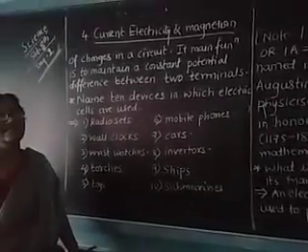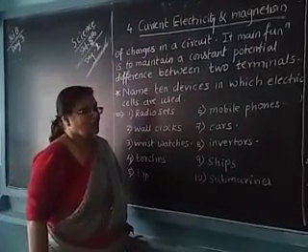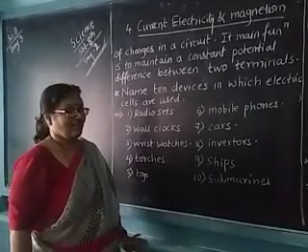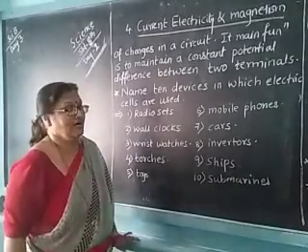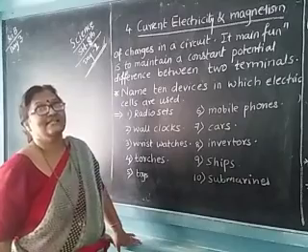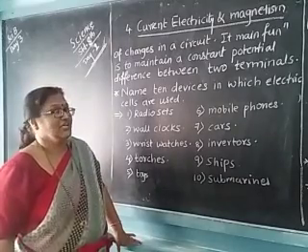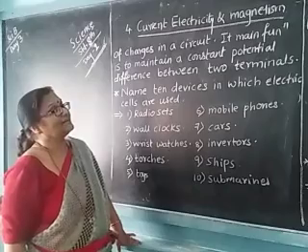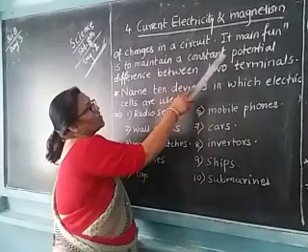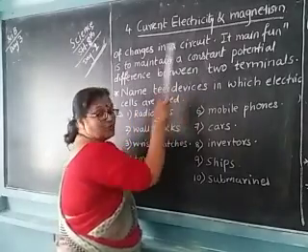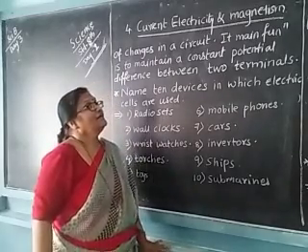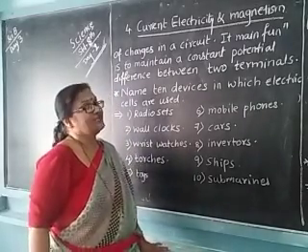It is very useful to note that this cell is a general device used to produce a uniform flow of a charge in a circuit. That means in a circuit the flow of the charge is uniform because of the electrical cell. Its main function is to maintain a constant potential difference between two terminals.